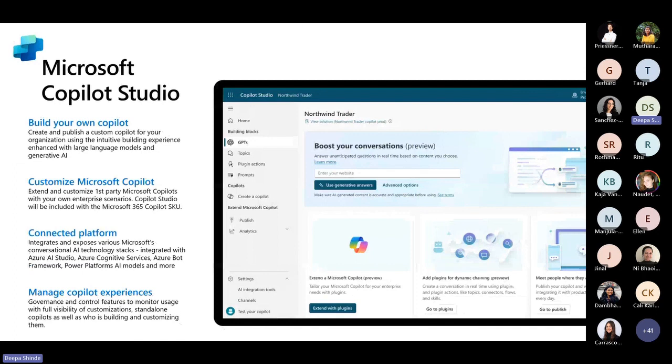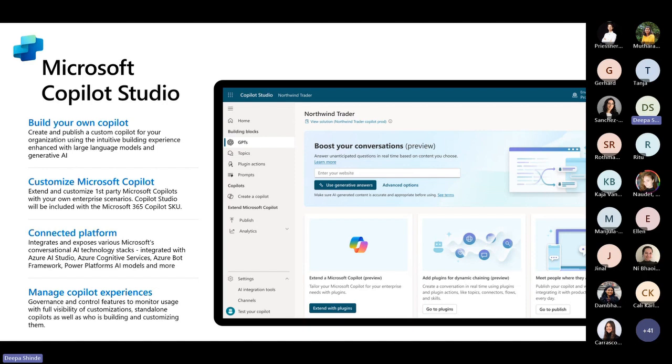So, just a quick overview of Copilot Studio. Copilot Studio is there for you to create your own Copilots, build from scratch, build your own Copilots. And it is basically something that helps you to glue a lot of different services together. And I think it's quite important for us to understand this for the weekend when we're going to build this together. You can bring in cognitive services that I mentioned previously, like your vision service, your speech service, your document scraping service, along with Copilot Studio, and give that to your conversational application and get answers out of the conversational application.